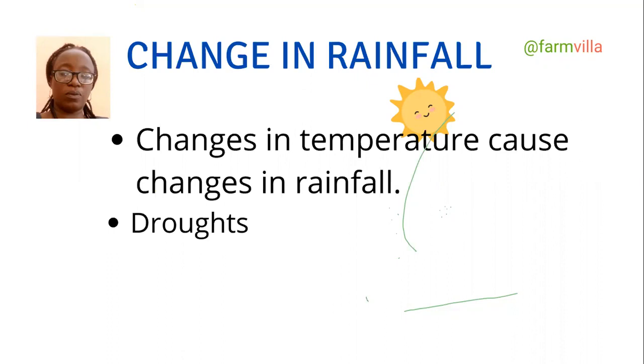So even when rain is supposed to fall, in the season when rain is supposed to fall, you find out that we have droughts. Have you ever planted? You plant your crop, your maize. If you have planted maize before, you planted your maize, and all of a sudden, after it has reached a stage, rain stopped. It can stop for 2 weeks. Sometimes it stops for a month or 21 days, and we are in rainy season. That period that the rain stops, in those periods, it's called the droughts.